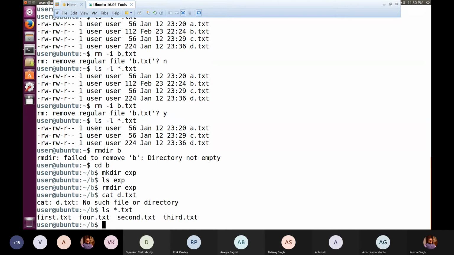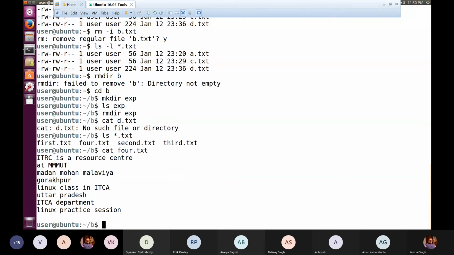So we are having first, 4, second and third. So say if I am watching the content of 4.txt, I'm having these contents. When we write the head command, that means we wish to see the first 10 lines of that file that we give after the head command. The first 10 lines from the header side, I mean from the top side.